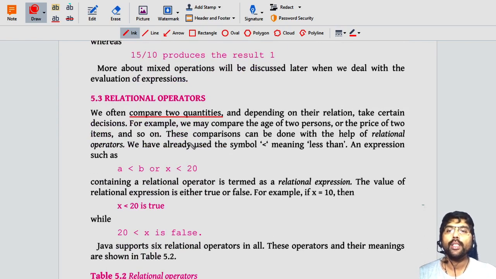Now the second one is called relational operators. These relational operators are actually used to compare two quantities. If you want to compare the age of two persons, or the price of two products, in that case we are using relational operators.